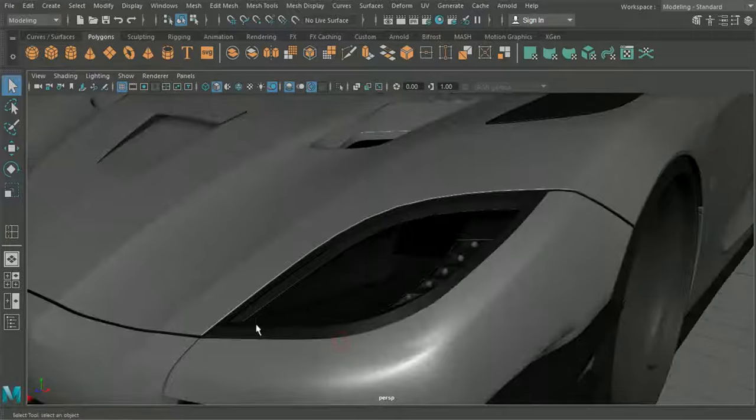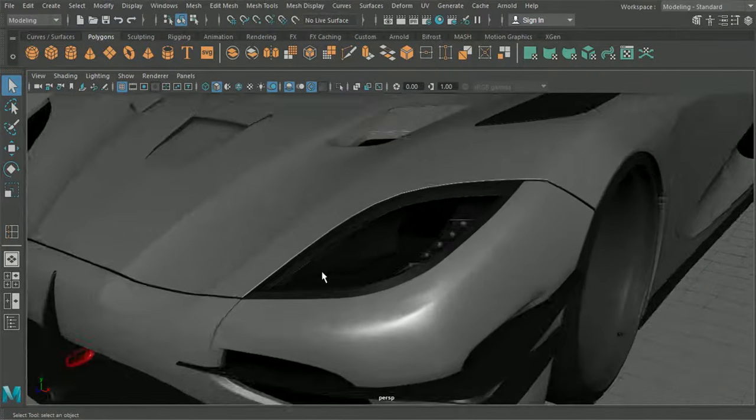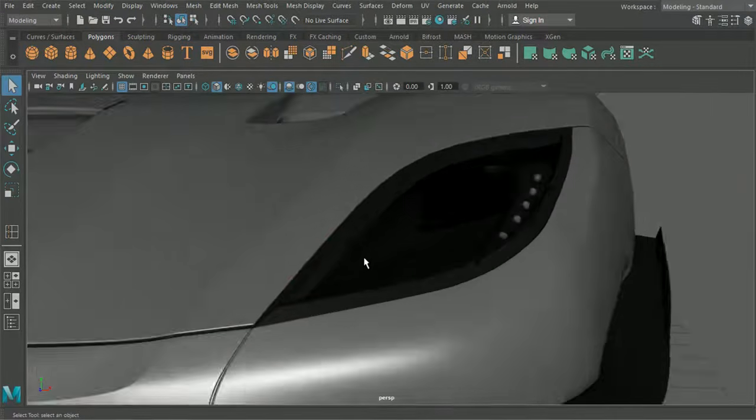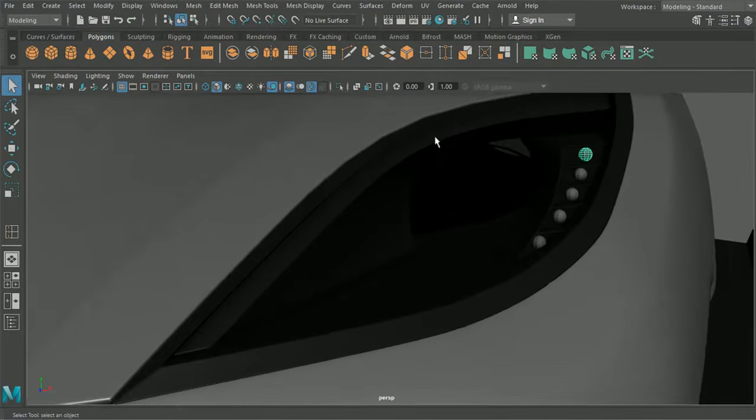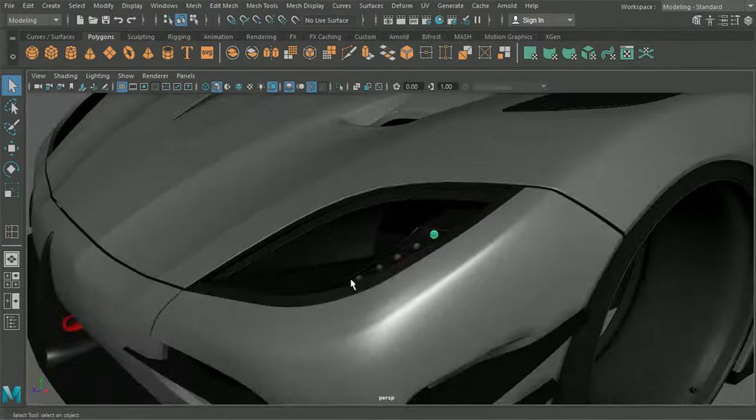Now it does look like these have some square ridges on it. So I think what we'll do with that is we'll actually have some external polygons which make up that. So what I'm going to do is I'm just going to speed up the video real quick, because what I'm going to do is put in all of the LEDs up here in a similar fashion to how we did with these, just line them up all the way along. And then I'm just going to put the ridge sections in before making a start on the actual main headlight itself.